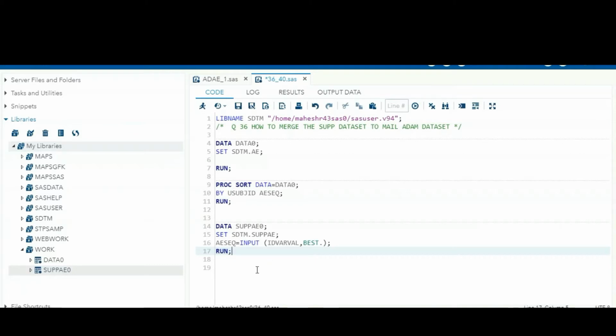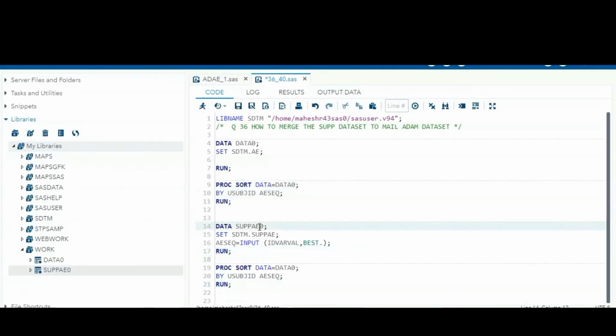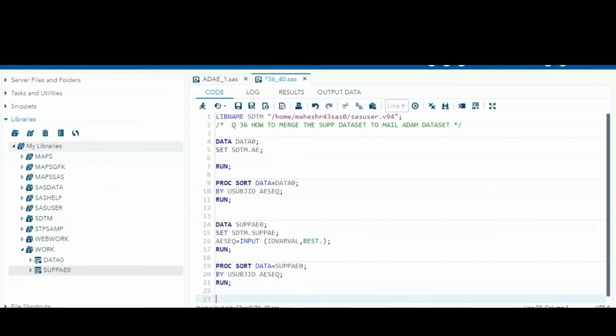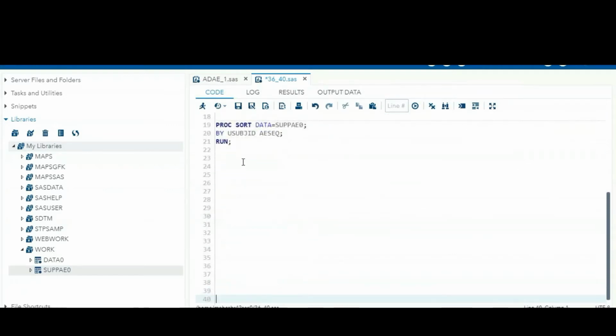For that purpose, here also we have to sort the supplementary data set in the same way, by subject and this one. So now transpose the data set.